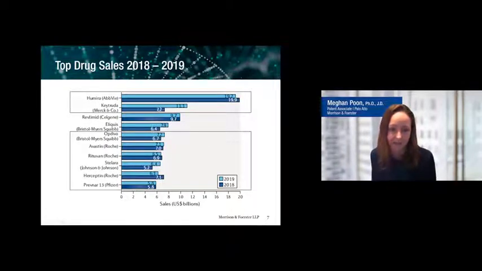Not just are biologics becoming more dominant in terms of the number of approvals, but in terms of the number of dollars and the sales of drugs, biologics really dominate the approved drug landscape. This is a slide showing the top drug sales in 2018 and 2019, and I've put in boxes all of the biologics. As you can see here, biologics account for 8 out of the top 10 drugs in 2018 and 2019. And most of these biologics are antibodies, with the exception, I think, of Prevnar, which I believe is a vaccine.